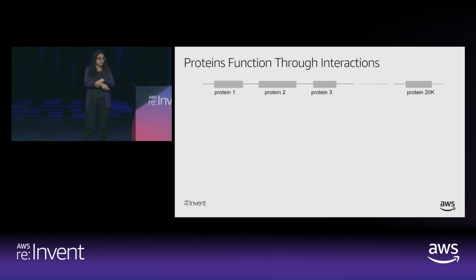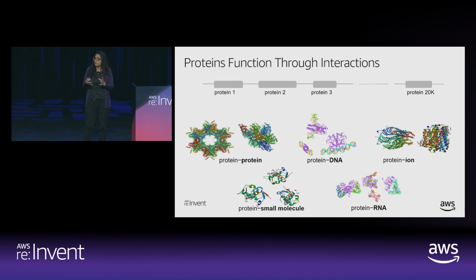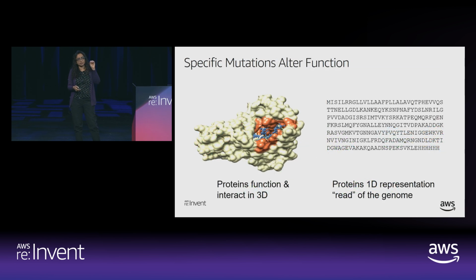Now, proteins are the things in our cells that are involved in virtually every biological process. They're the workhorse molecules of the cell. And they fold up in 3D to do their functions, and that's what's shown by these colorful pictures here. And they accomplish their functions by interacting with other molecules, whether it's other proteins, whether it's with DNA, or whether it's other molecules that you find in the cell. So when we think about cancer mutations, and we're trying to uncover from the sea of all the mutations which ones are important, we may want to think about those mutations that hit proteins. And then within proteins, we may want to think about those that interrupt these interactions,